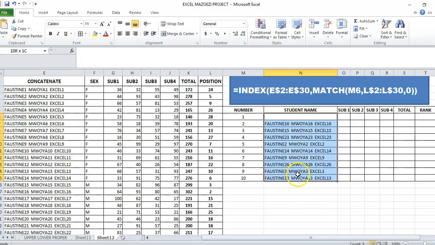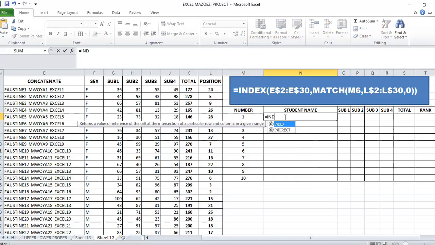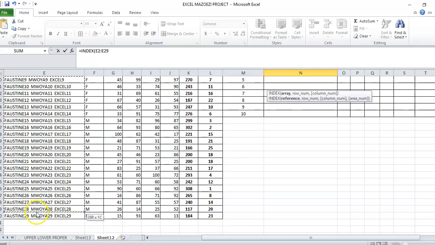I'll start by saying equal to INDEX, then bracket. I want to return the first name who scored the highest marks from this column, comma, MATCH,